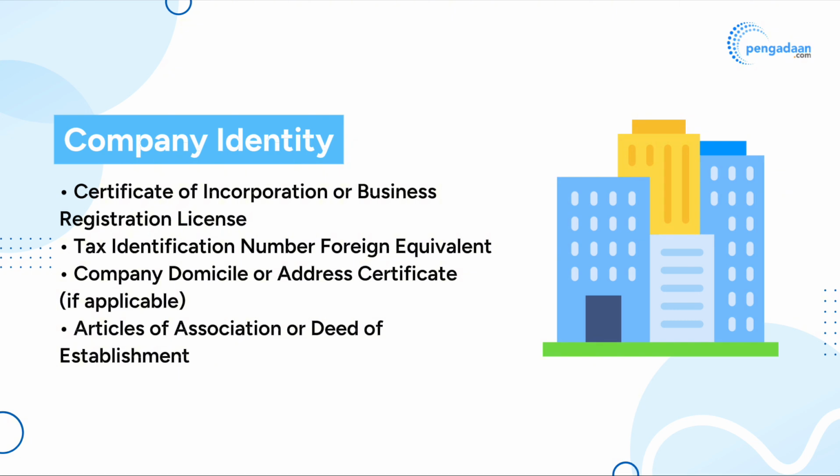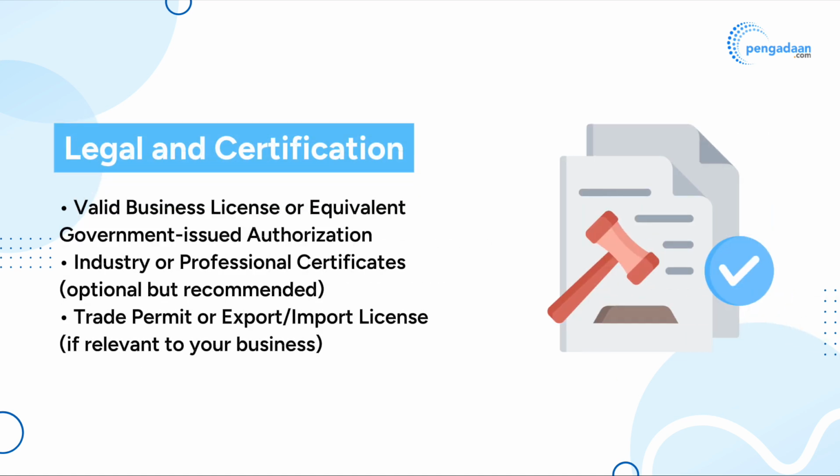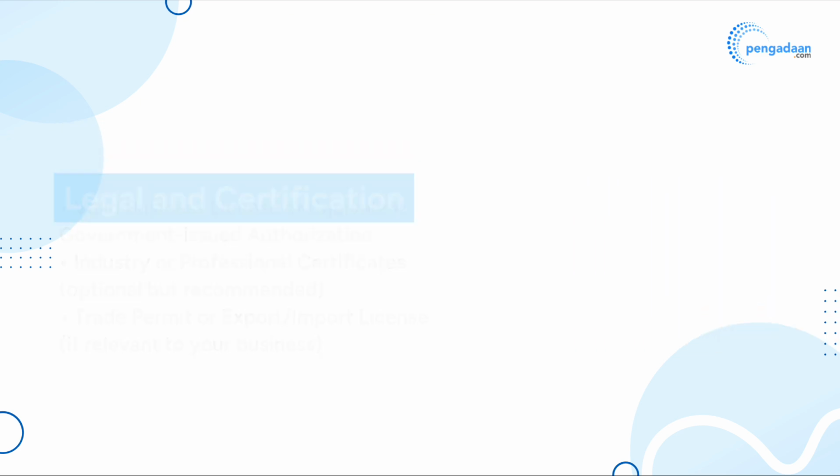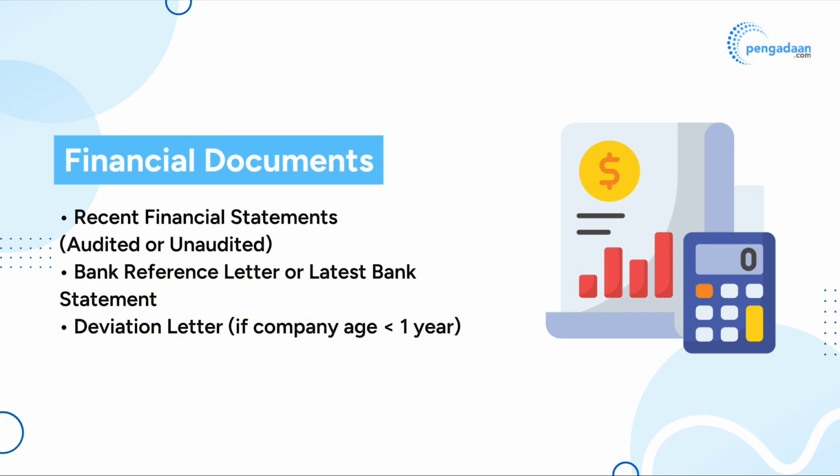applicable, articles of association or deed of establishment. Legal and certification: valid business license or equivalent government-issued authorization, industry or professional certificates (optional but recommended), trade permit or export/import license, if relevant to your business. Financial documents: recent financial statements (audited or unaudited), bank reference letter or latest bank statement, deviation letter, if company age